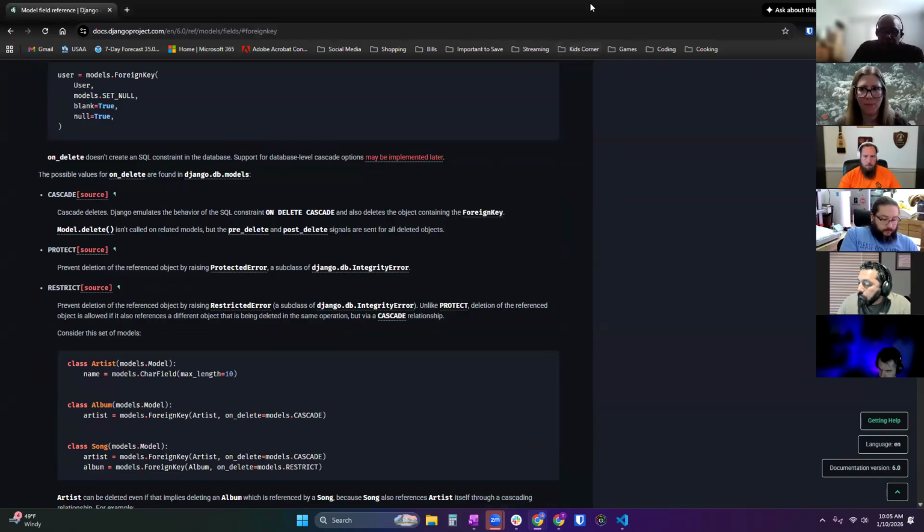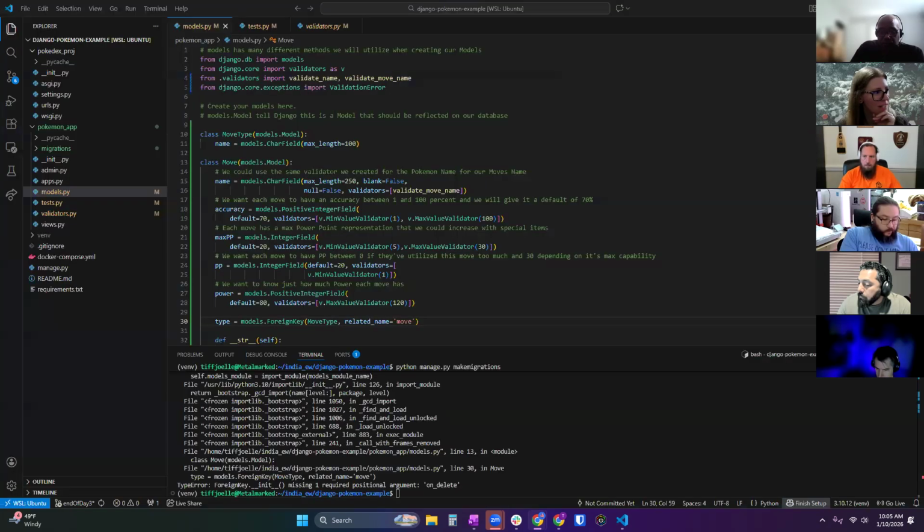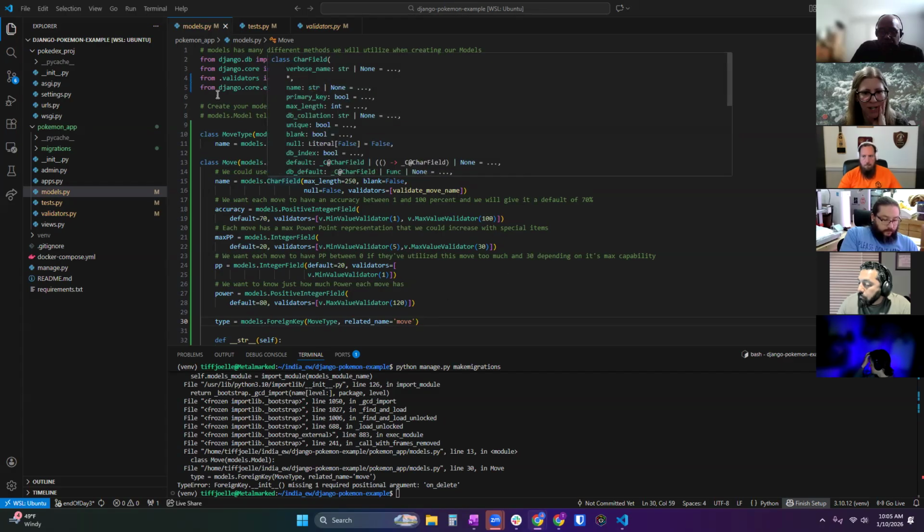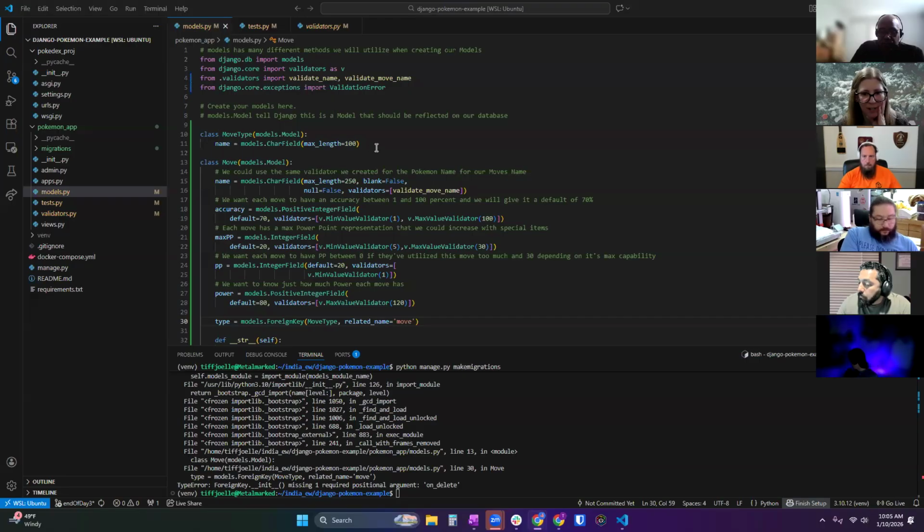So that may or may not be what you want to happen for your database. If I have a move called Ember and it's a fire type, if I delete fire, it's going to delete Ember. That's what cascade does.